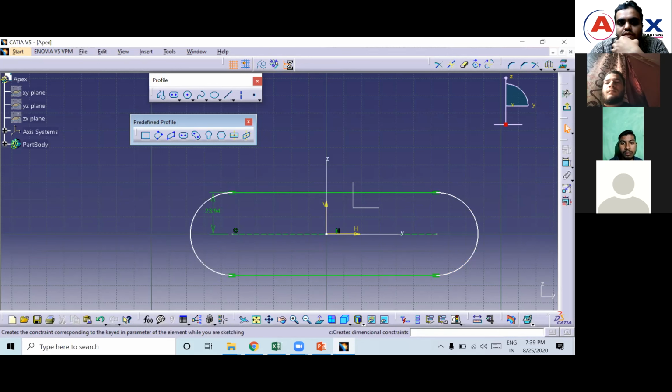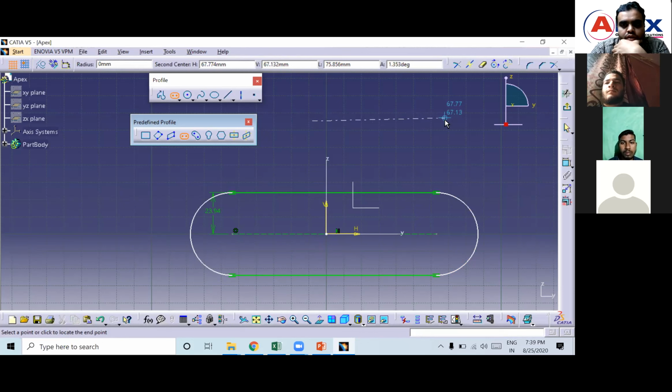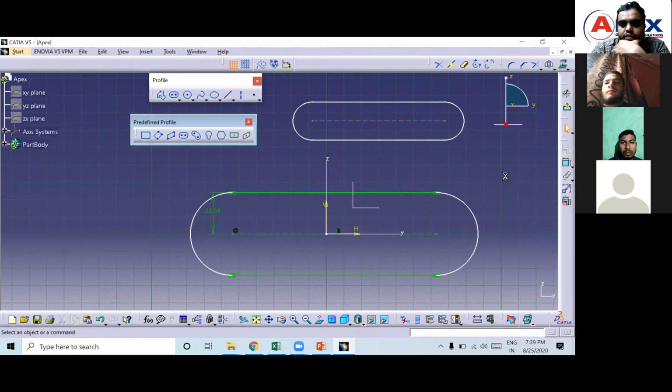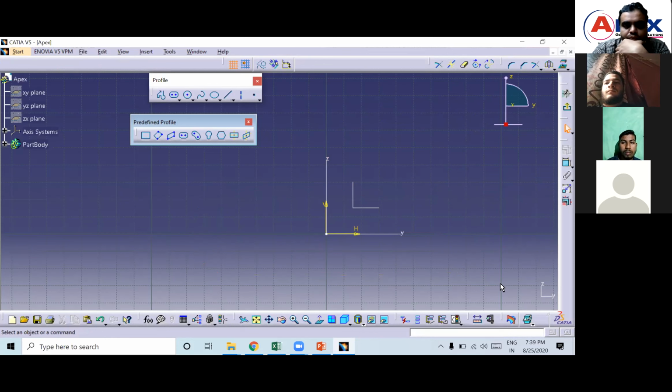If you switch off this, then if you try to create this elongated hole, see here, it won't come. So you can move, see, whatever constraint you have done, everything will go. Like this, if you move this, it will move, but whatever the constraint is there, that will remain. All of you got it? So that's why these two should be on.